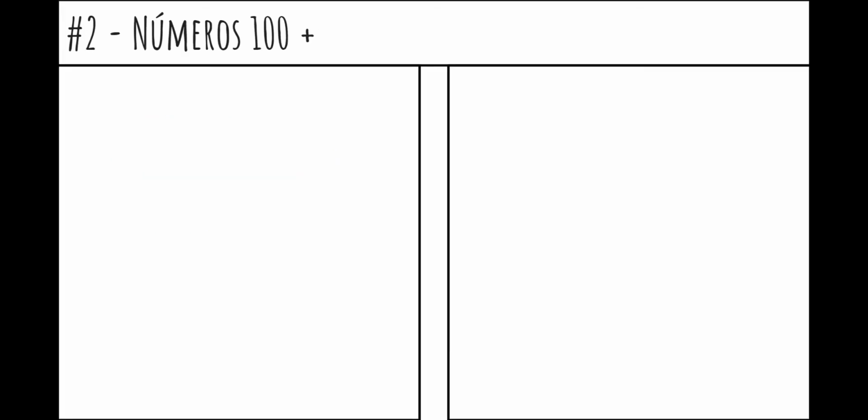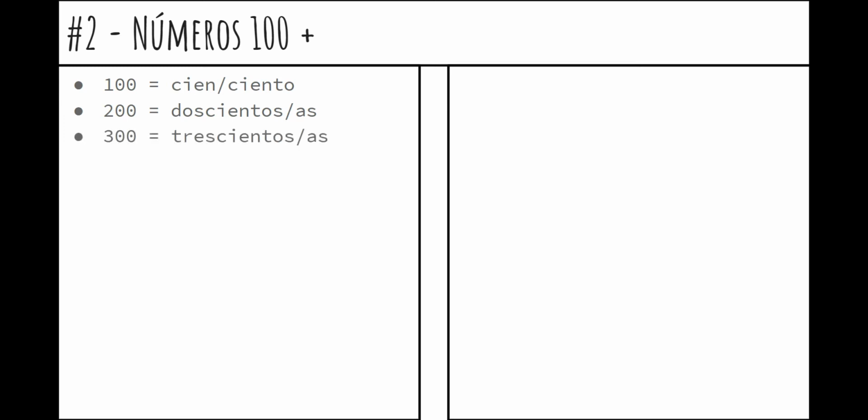Números más de 100, so numbers greater than 100. You've got 100 is cien or ciento, and just a reminder with that, it's cien only when it's 100 exactly that is being referenced. If it's 101, then you're going to say ciento. And 200 is doscientos or doscientas. I can say that each time, but just realize that a bunch of these hundreds here also have a gender component. So 300 is trescientos,